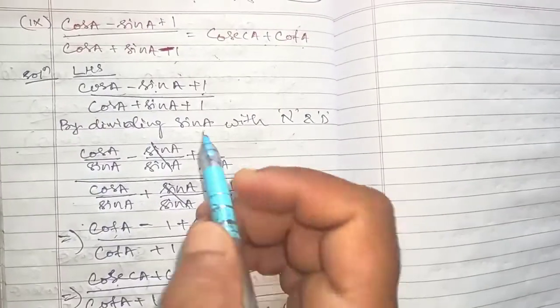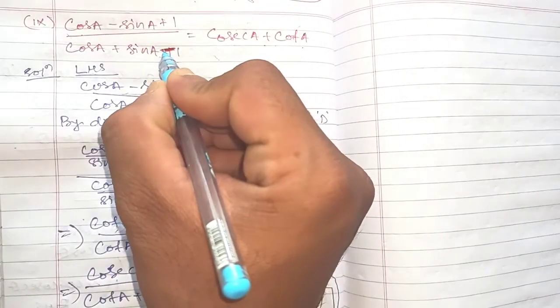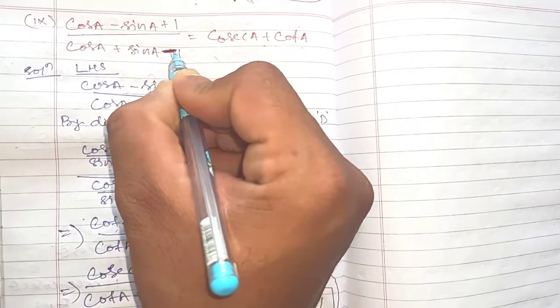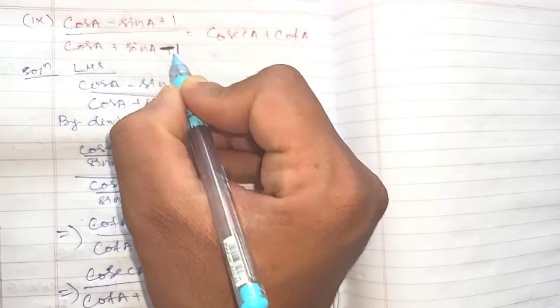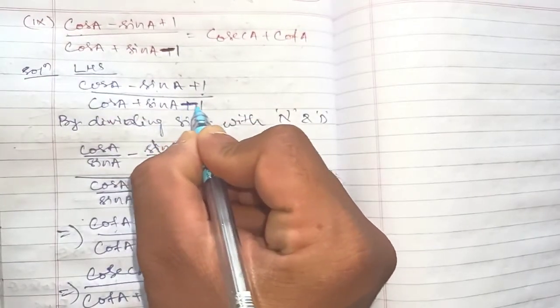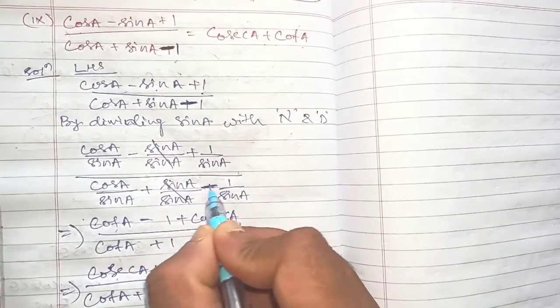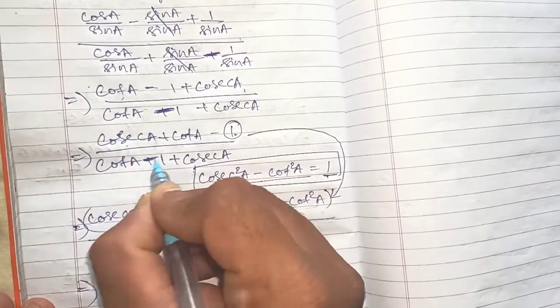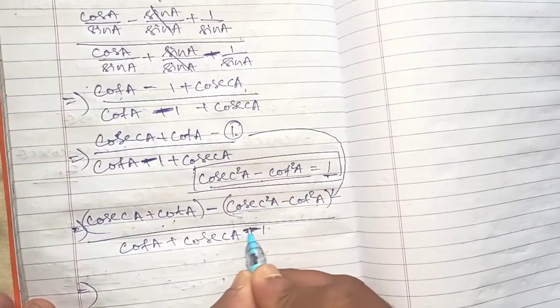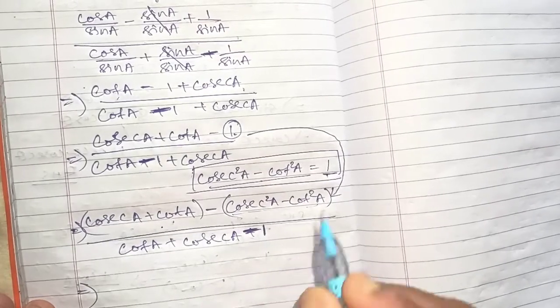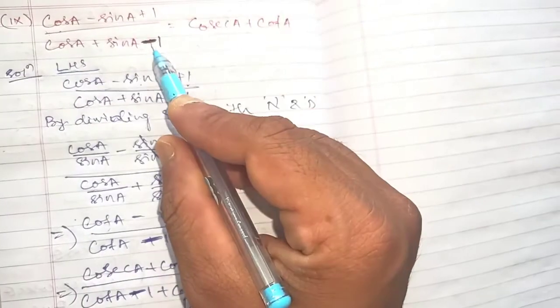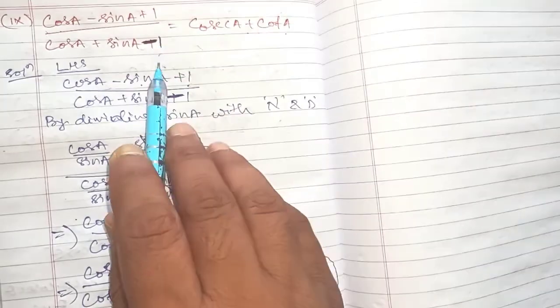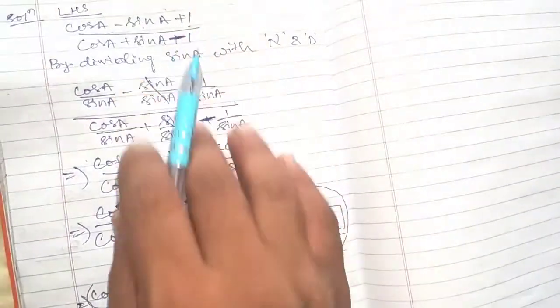Okay, I have made a small mistake in the question. In place of plus, it is given minus in the question. So just rectify it. Wherever plus we have written, we will write minus. This is minus, this also will become minus 1. Okay, just a small mistake. Where plus was written, it is minus in the question, and we have rectified it.